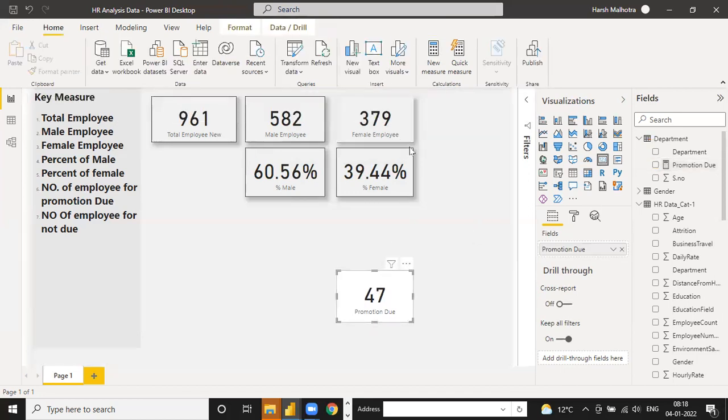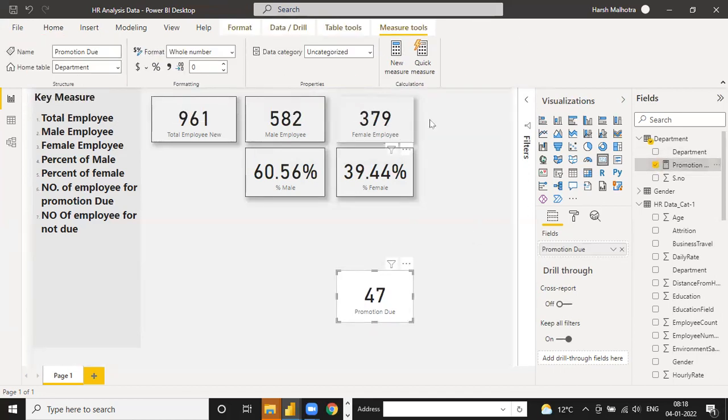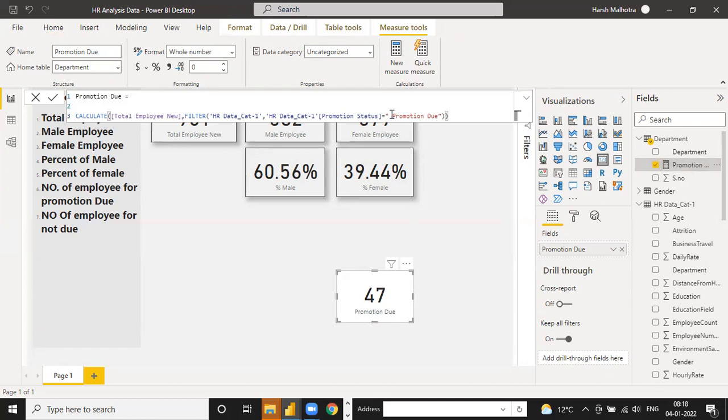So the value is always taken in inverted commas if you need anything. And if you break down this function one by one, you can break down the calculate of total employee. Total employee means you need to count rows of the column and then filter it on the basis of table name.